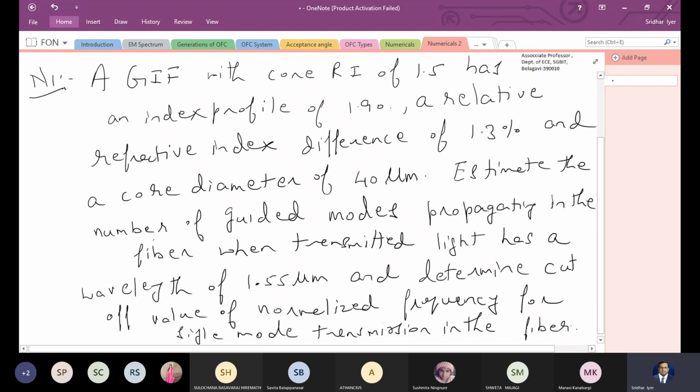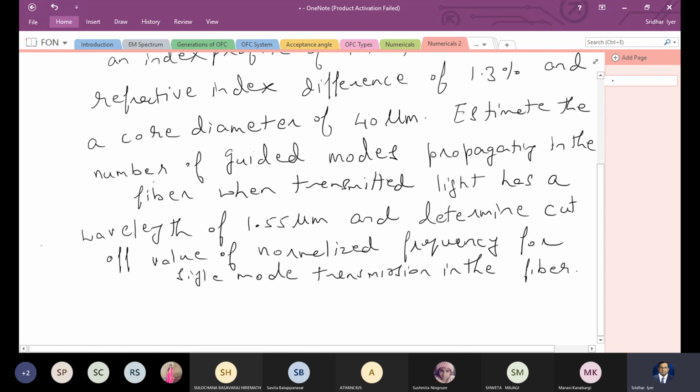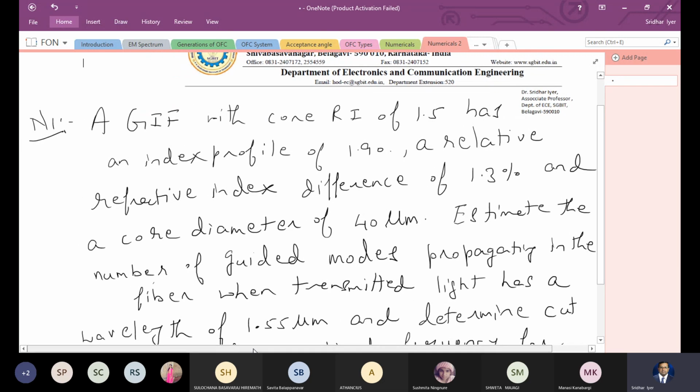Okay, so there are a lot of things which are required to be found, but if we understand the question properly, then it's very simple to find, right? So let me reread the question. It says we have a graded index fiber with core refractive index of 1.5. While I'm reading, let's note down what values are given to us. Questions like this could be tricky because everything is mentioned in the form of words, and we need to first write them in the form of constants which we are aware of, like n1, n2, delta, NA. So we need to know which of these is what, right?